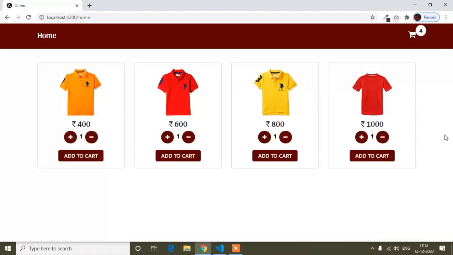So this is almost done, but here is one mistake, that I have to refresh again and again, but that is not good. When the user clicks this button, then it should add the product here. So that is not good.